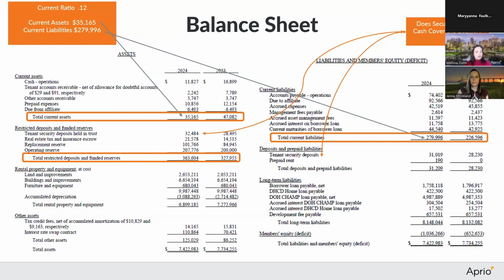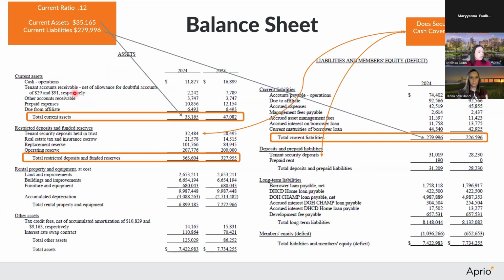So the balance sheet follows a simple formula of assets equals liabilities plus members' equity. It's called a balance sheet because both sides of that equation have to match. Everything has to stay in balance. So you'll always see in your balance sheet that the total assets must equal the total liabilities plus owner's equity. So let's go over this example of a balance sheet. We'll start off with the assets. Typically, the balance sheet is organized on the asset side from the most liquid asset. So for example, cash is cash, and then it goes to what else can be converted to cash quickly. So those are typically your current assets.